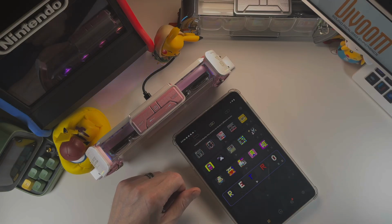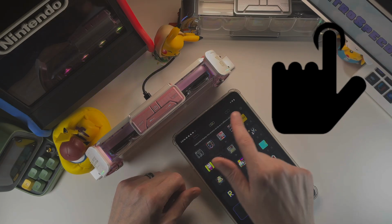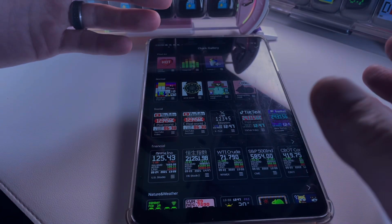If I hit the plus button, I can decide what I want on each individual screen. As you can see, there are little fingerprints or little button pushes across here. Each one will be a different screen. Now, my screen in the background does say please add data because I have nothing on this new screen yet. So if I go into the gallery, this is going to be like the widget gallery,